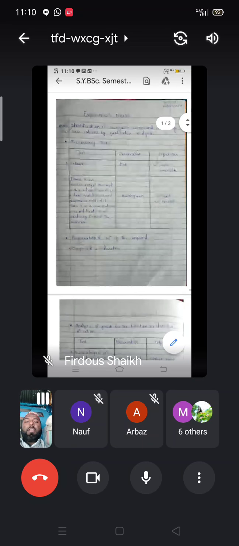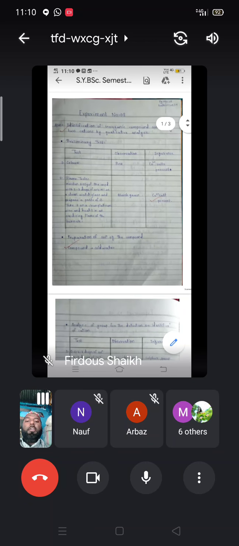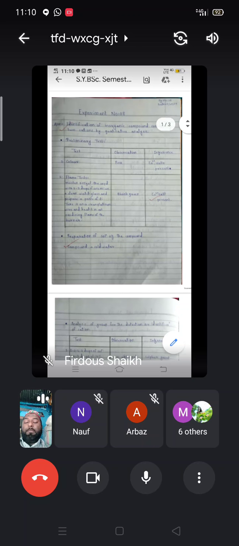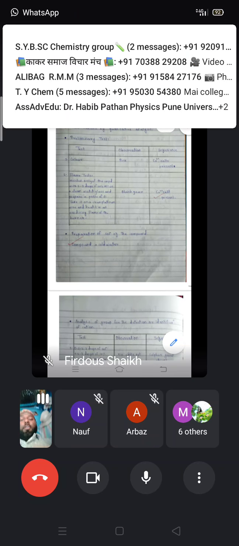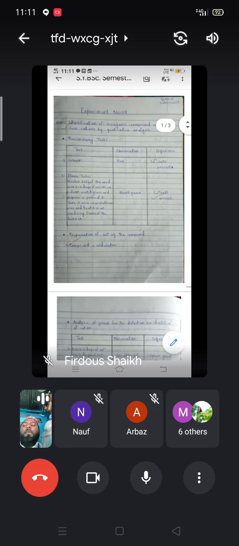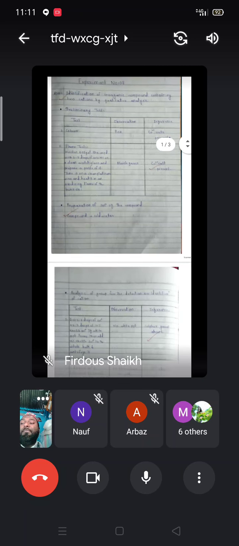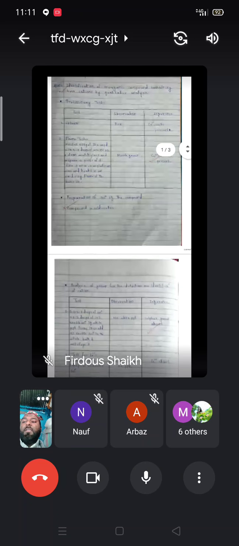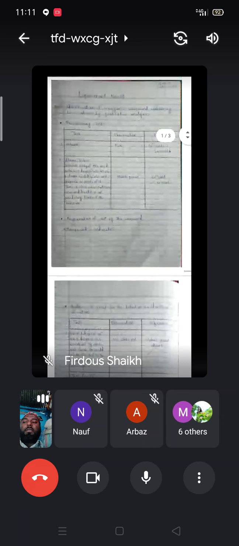In the last practical, we saw in detail how we can qualitatively detect these cations. For this purpose, we first have to write about the preliminary test. We can identify the color. From the color, we can come to know which cations may be present. Then we do the flame test.